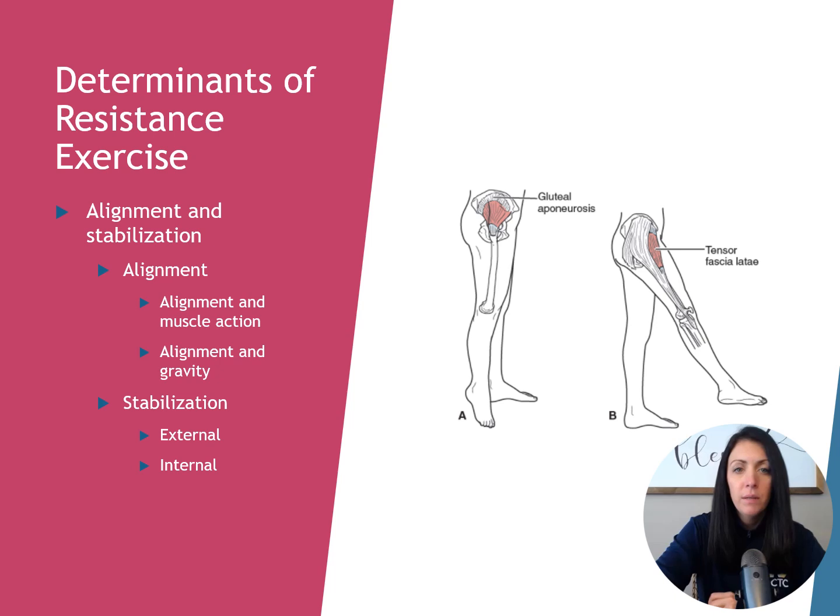There's also some external stabilization, such as bands, or external stabilization from the PTA or equipment or a table for support. That's to stabilize the patient while performing exercises. There's also internal stabilization, like using isometric contractions, such as single leg stance strength for supporting the leg to perform contralateral hip abduction, as you've seen in the PowerPoint slide here. Because if not, the supporting limb would buckle.